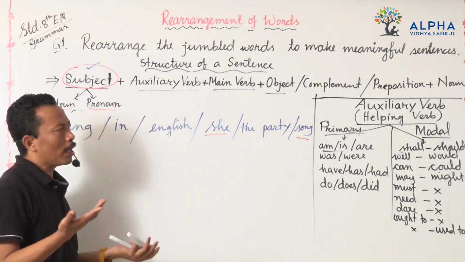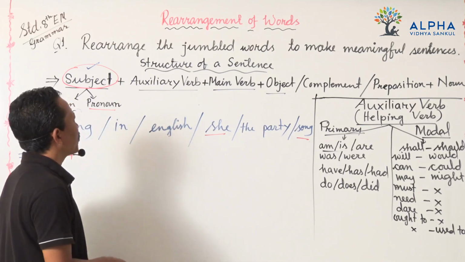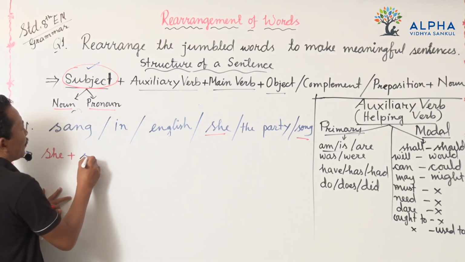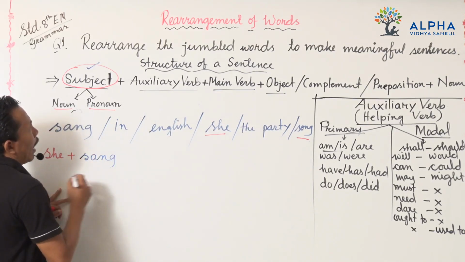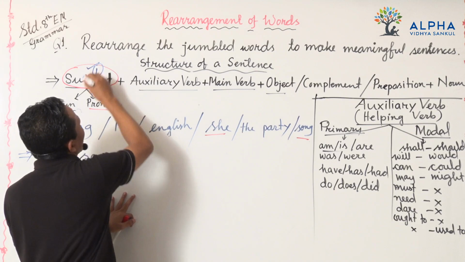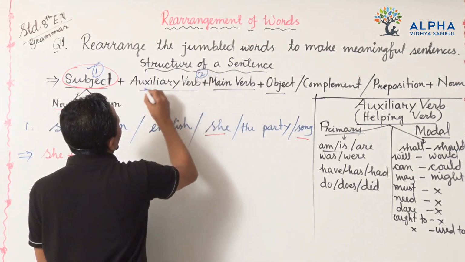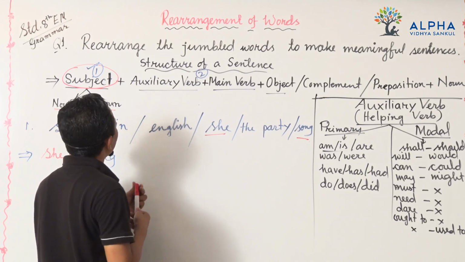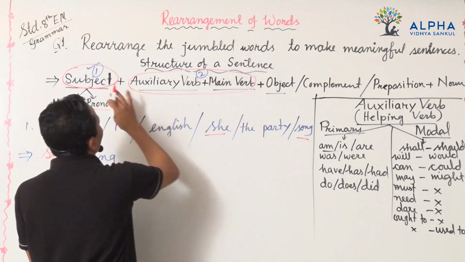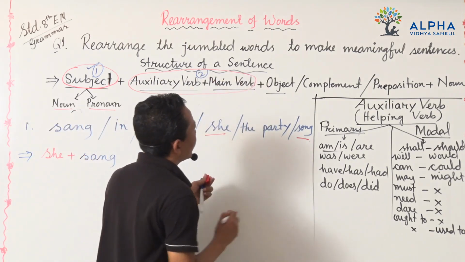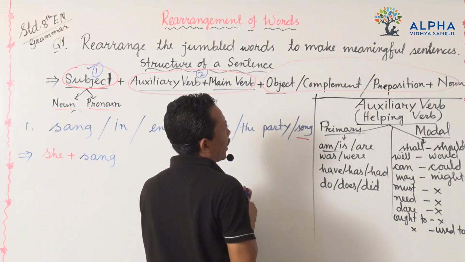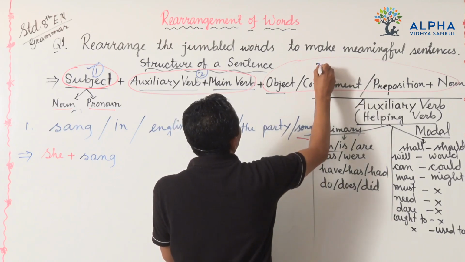If it is not found, it's okay. If it is available, it's okay. There is no problem. So the main verb is saying. She sang. The first step is subject. The second step is, after the subject there will be verb. The next step is these things. We need three steps. It may be object, it may be complement, or preposition plus noun. It is the third step.